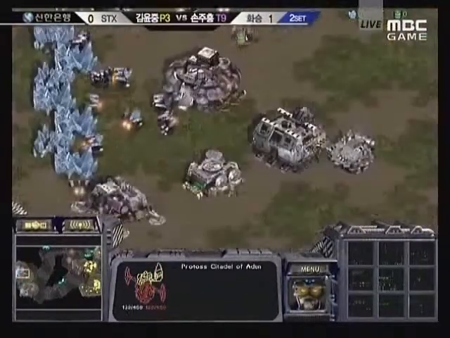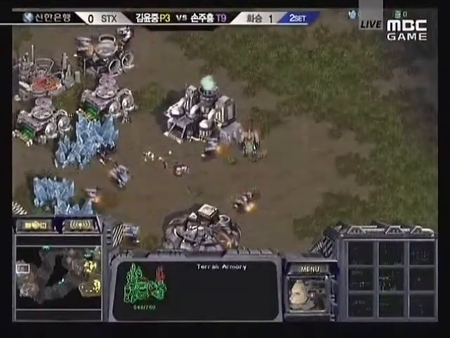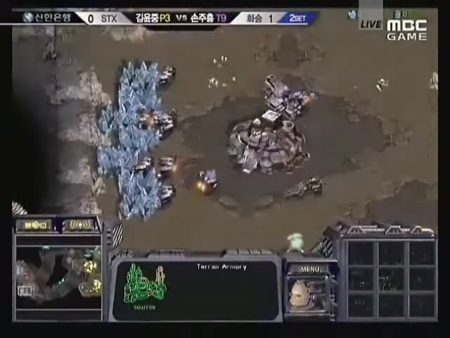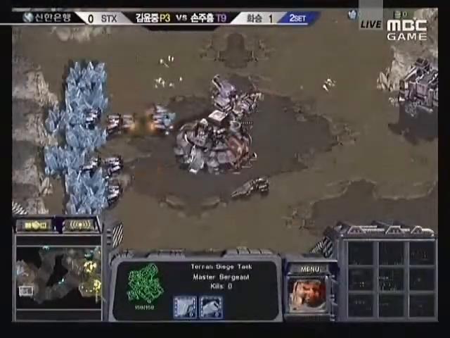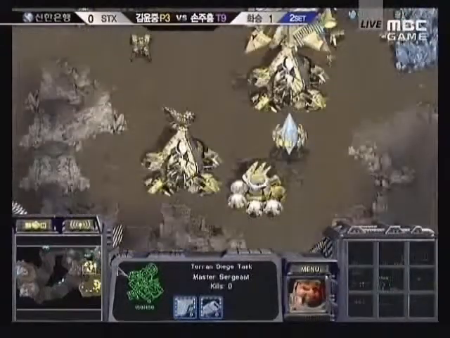And Citadel of Adun going down for Shuttle as well. Armory, missile turrets. This is interesting. He's going for the armory already, so he's going to be going for some fast upgrades here. And he's also getting these turrets up, so no DTs, and the shuttles will be forced to micro extremely